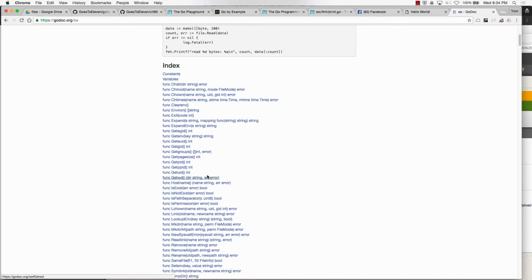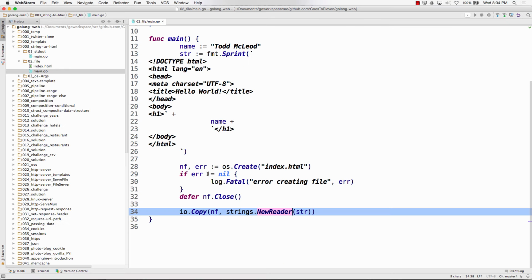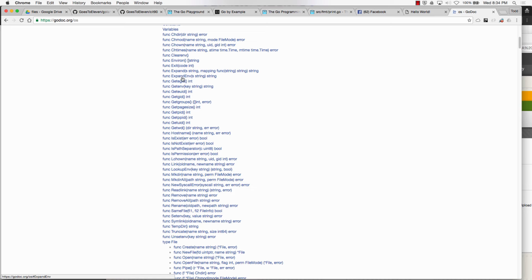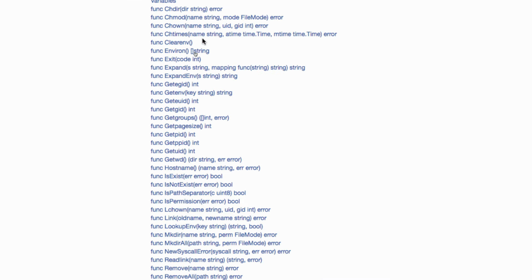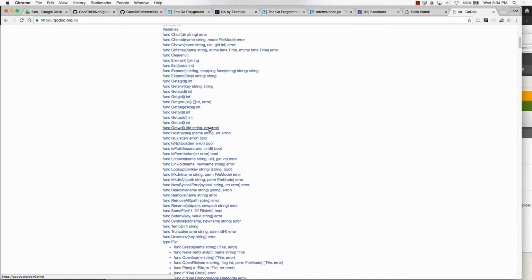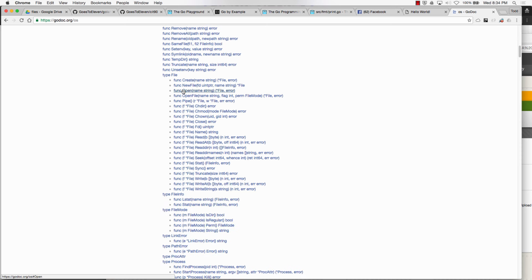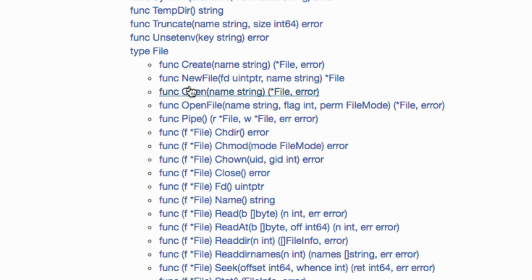Here's the index. So open was one of them. Ours was create. When I run OS create, I'm looking here. So here's type file, and there's func create. Interesting, it's under type file, it's func create, but I just call it OS create. That's how I call it. I give it a name, it gives me a pointer to a file. Well, I said that when we have a variable, we are going to have,